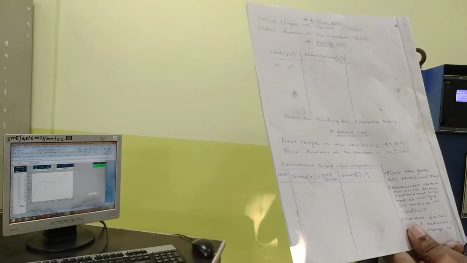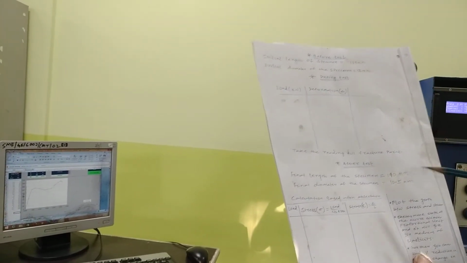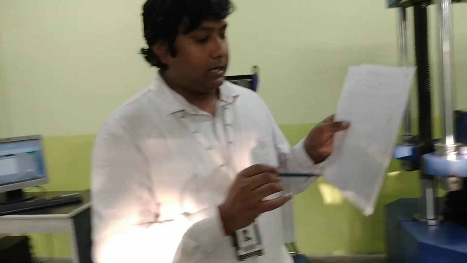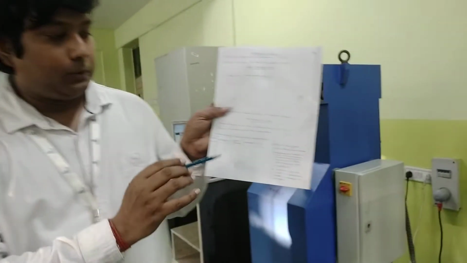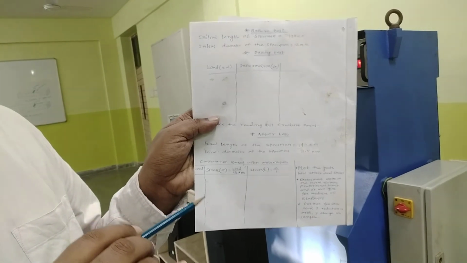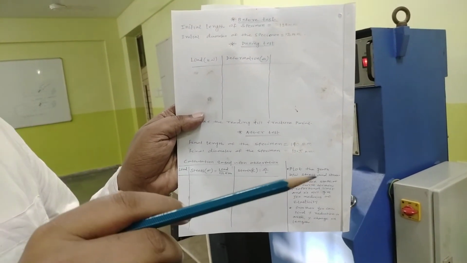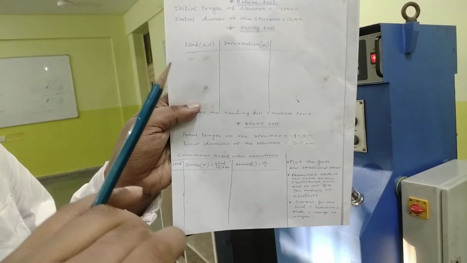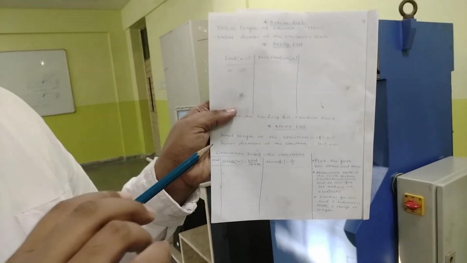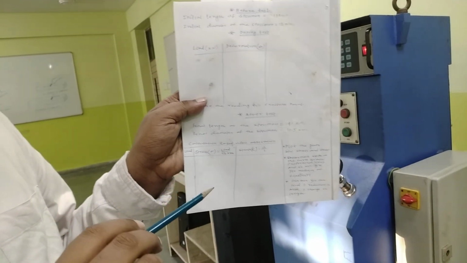Further, you have the initial diameter and the final diameter, so you can calculate the percentage reduction in area. You have the initial length and the final length, so you can calculate the percentage change in length. And in the stress strain curve, one thing you need to do: within the proportional limit you have to find the slope, and that slope is nothing but dy by dx. It will give you the stress by strain, and within the proportional limit, if you calculate the slope, it will give you the modulus of elasticity. So this much for the tensile test.